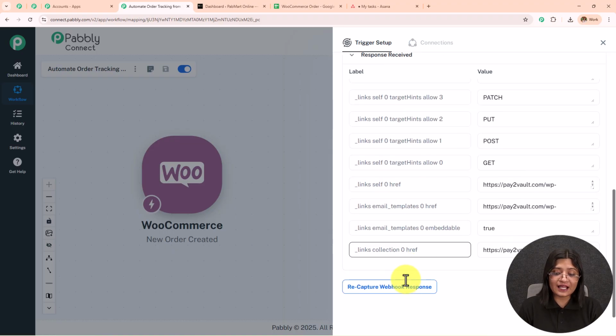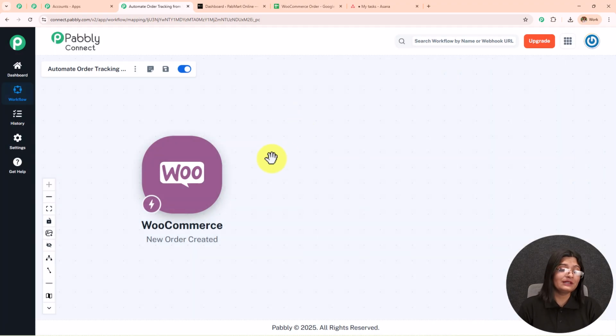Now over here, as soon as I've created this order, I've received that response here in this workflow, and that shows the connection setup which we have created between WooCommerce and Pabbly Connect is successful. And now whenever I receive a new order, I will start capturing that here in this workflow. Moving on to the next step, whenever I receive a new order, I want to add that